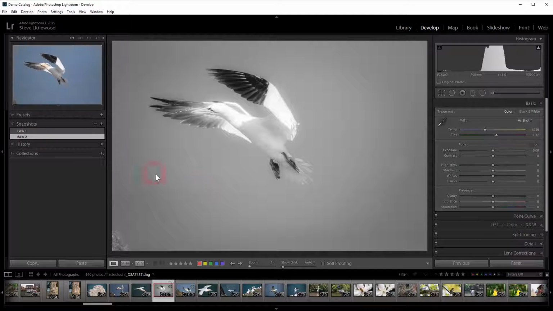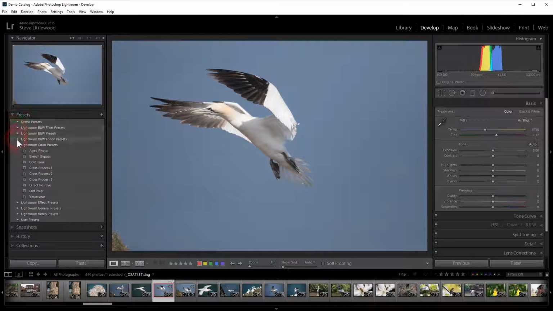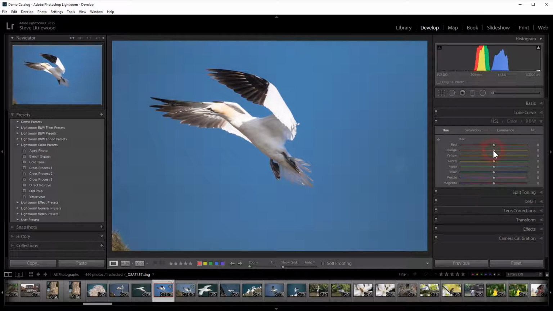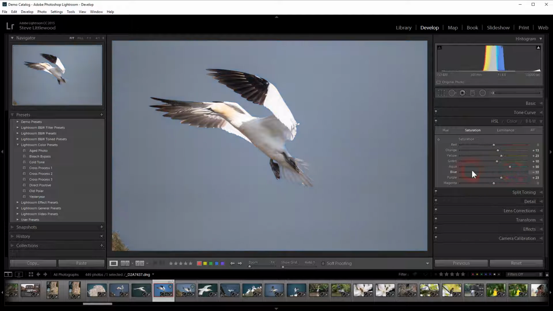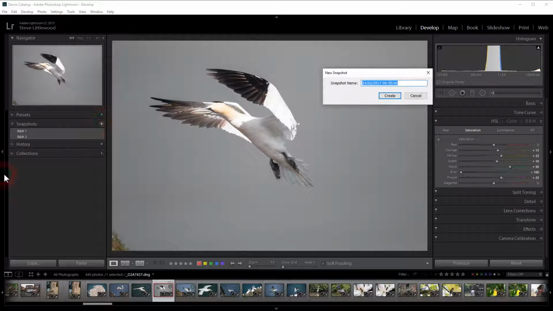And I'm going to reset again, and let's have another look at a preset, a color one maybe, direct positive, and we'll apply a few highlights a little bit brighter. We could go to the HSL panel. Let's change the saturation of the blues to maybe 0, something like that. Go back to our snapshots, create another snapshot, call that no blue,